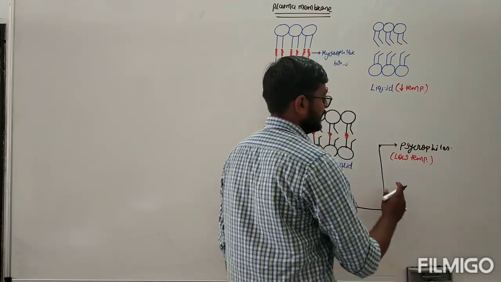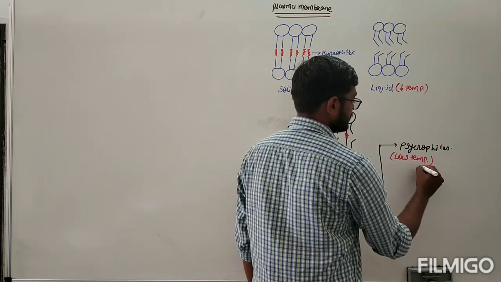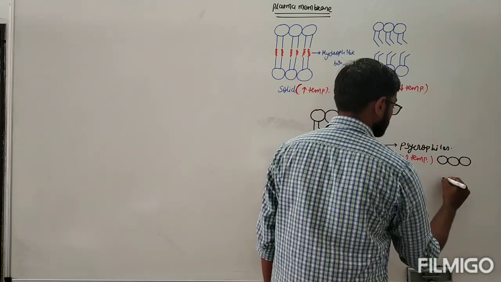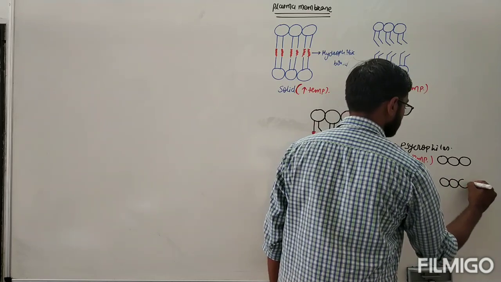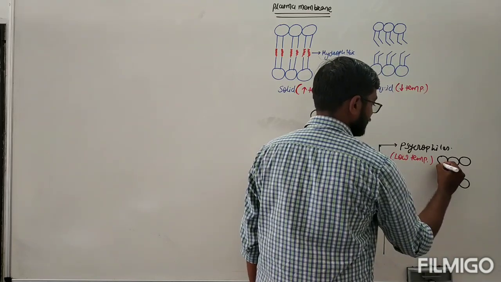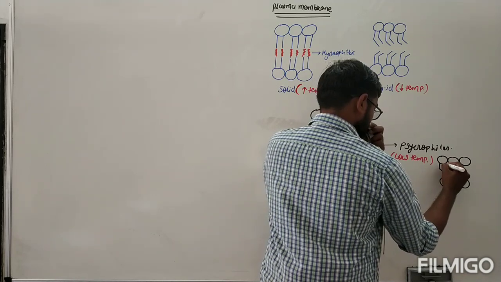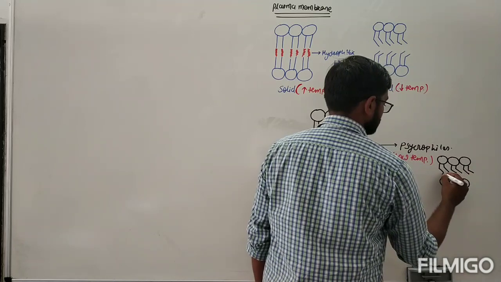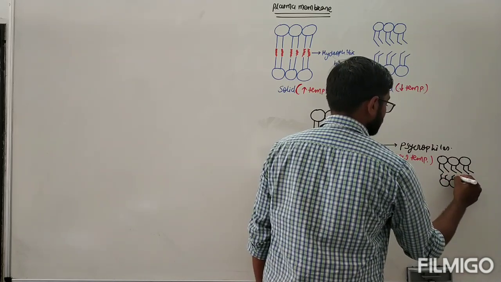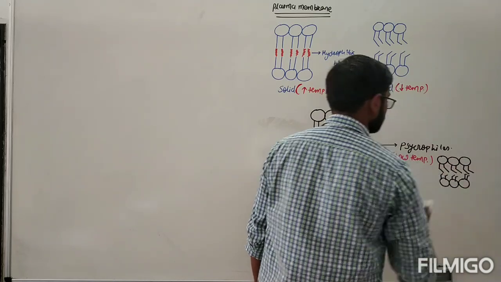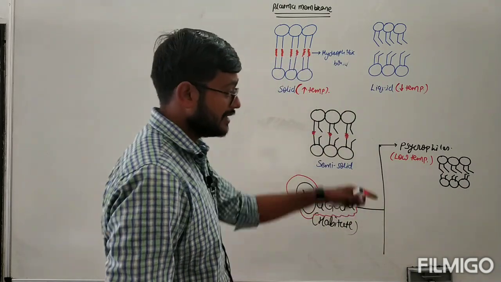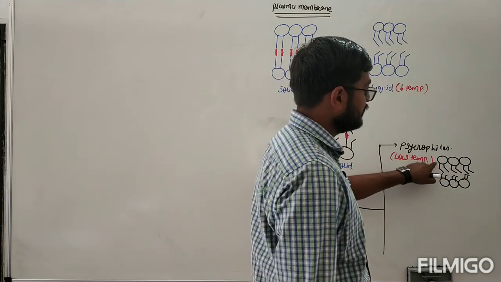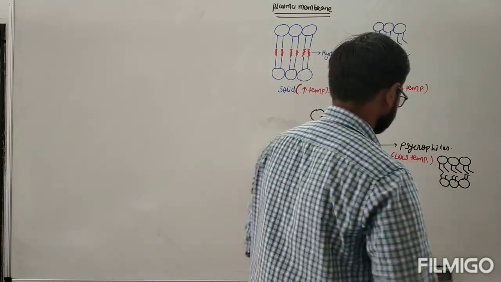And when you look at the fatty acid structure of these, it looks like this. This is the upper head group of them. This is the lower head group of them. And here, in this case, both of them are unsaturated fatty acids. So both the fatty acids are of which type? Unsaturated fatty acids. In the plasma membrane, both of these lipid bilayers are unsaturated in nature.